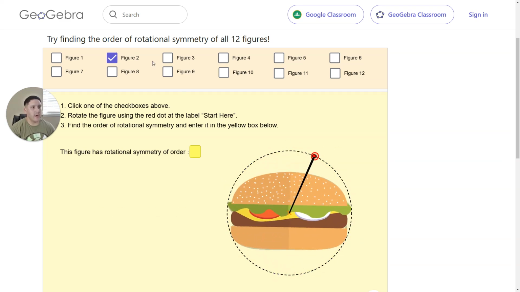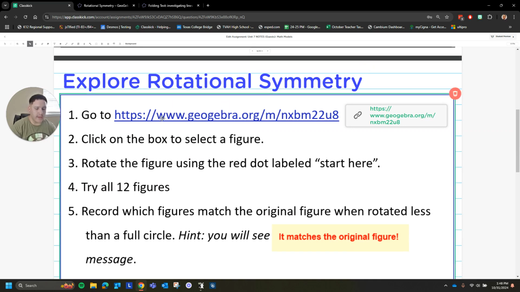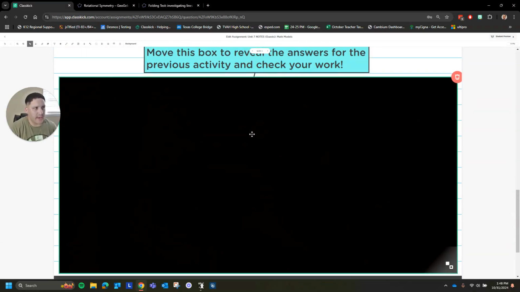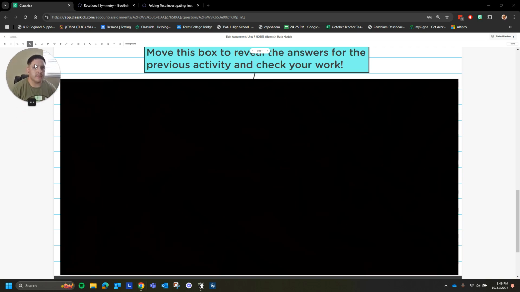So if you would like, go ahead and explore all 12 figures. In your mind, keep track of what has rotational symmetry and what doesn't. And then move this box right here to check yourself and see if you were able to correctly identify those that had rotational symmetry. So if you would like, pause the video and do that. I'm going to go ahead and show y'all the answers,